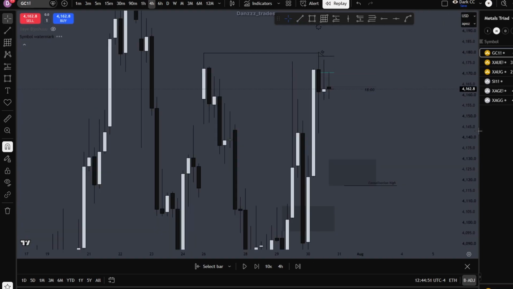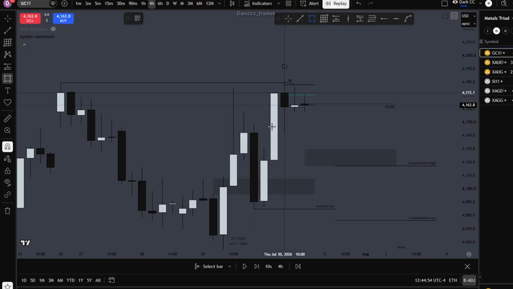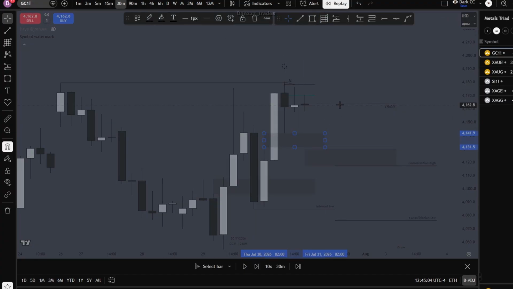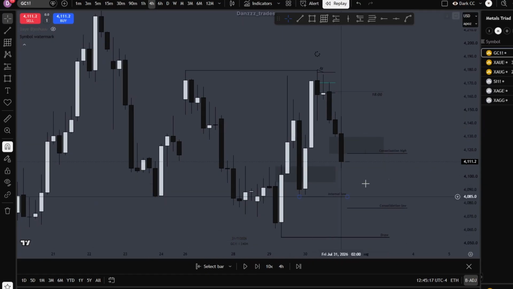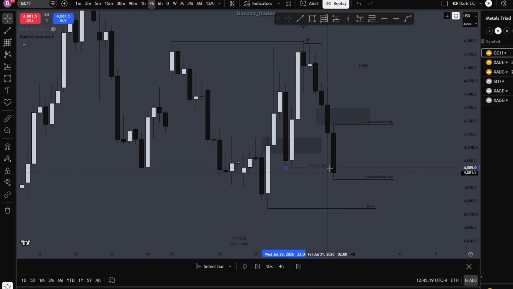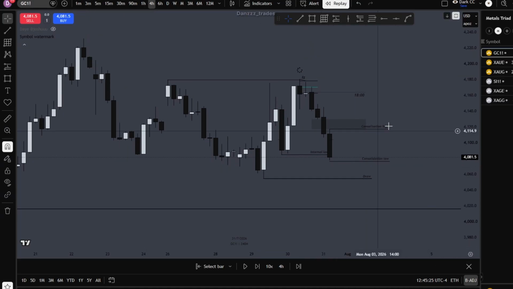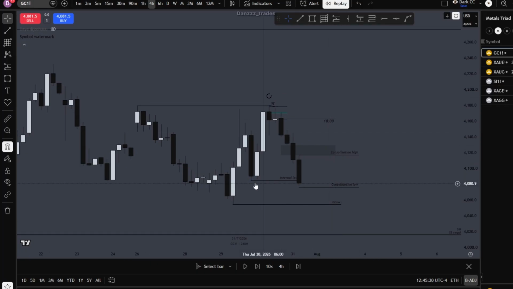And now the first pretty much guaranteed draw is this external to internal move. So targeting this gap is essentially the low-hanging fruit. So once that gets hit, we don't reverse off this gap whatsoever. And we continue until here, until we take this internal low. This level is always important when we're viewing higher time frame models, and it essentially validates the model